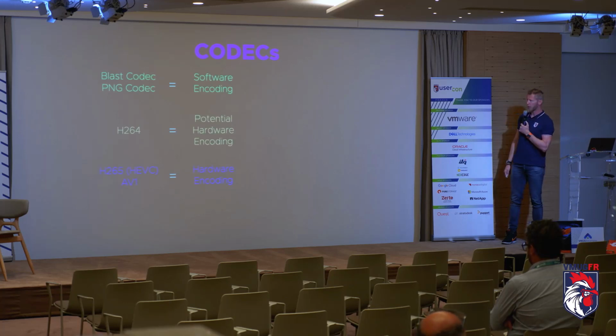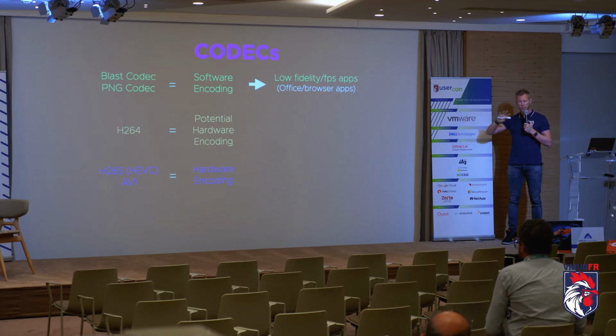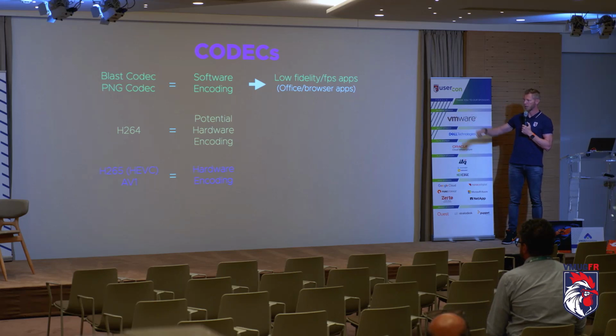Okay, so we had the codecs, use cases. So Blast and PNG are specifically built for Office-related use cases. So use cases that don't have a lot of changes, don't require high quality, and they're fine. But if you have that quality demand, if you have specific applications that need to run that, switch over to